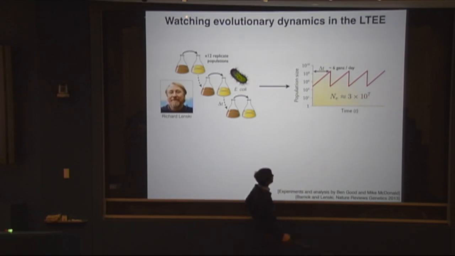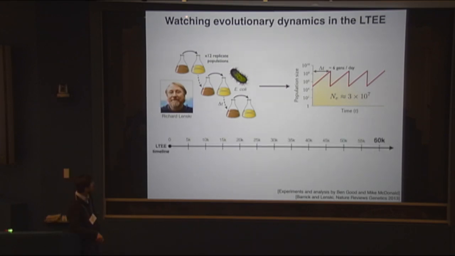The population fluctuates on very short time scales in population size, but basically this amounts to what we call an effective population size of about 30 million or so, all right? And as I said, this has now gone 63,000 generations as of now. They have frozen down samples every 500 generations, okay? And there are 12 replicate lines, all right? Just to give you a sense, this is a long time compared to even things in